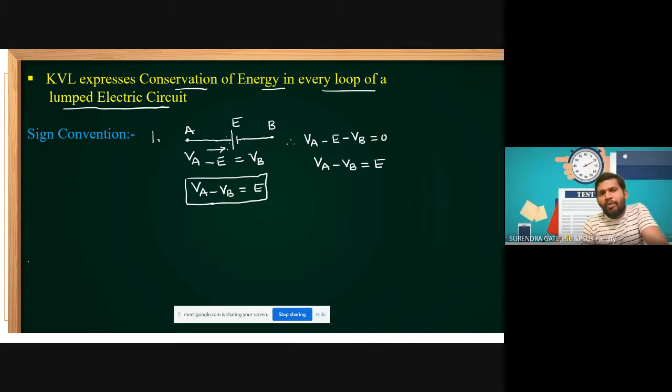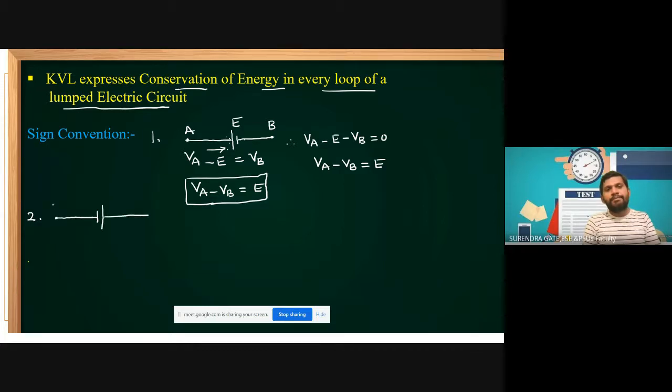We were moving from positive to negative. Now one more example. Please concentrate on all these examples, then all your doubts will be clear on how to take plus and minus. Once you clearly understand this, solving questions using KCL, KVL, nodal analysis and mesh analysis is very easy, students. For example, I am giving this battery like this.